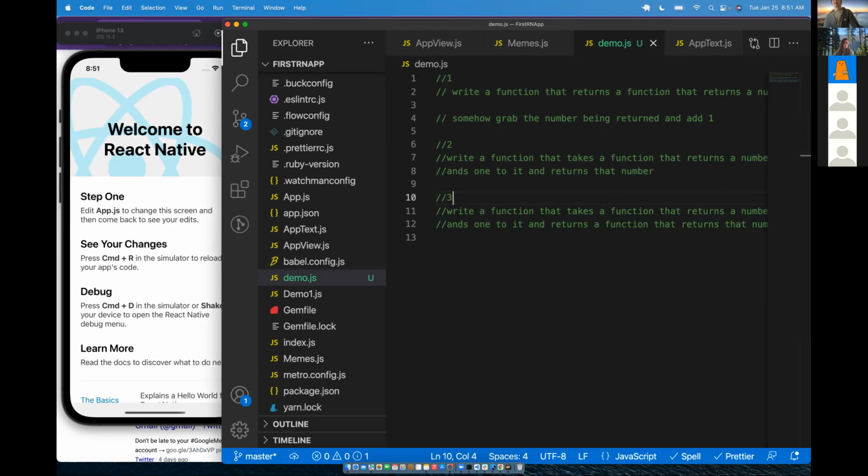Depending on how complicated it is, I might have a, actually, I'll probably just do this all in the app. So what we're going to do in my app.js is